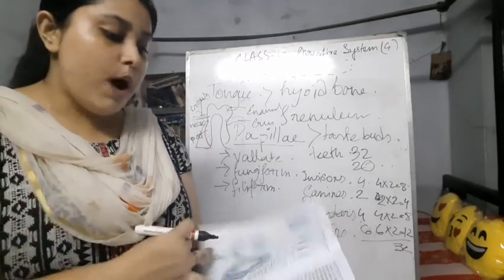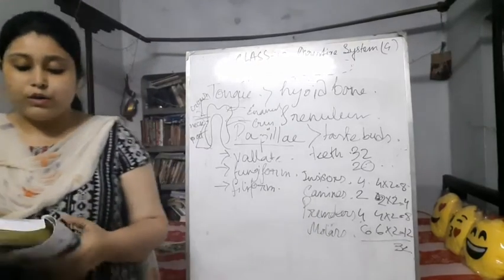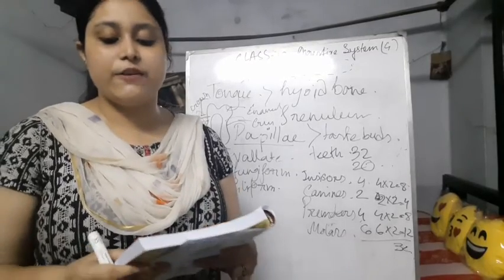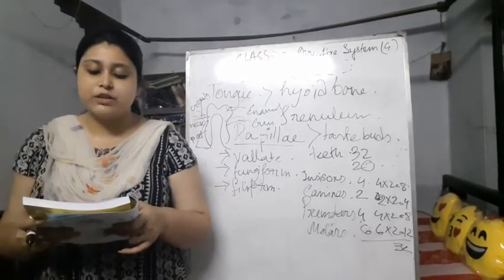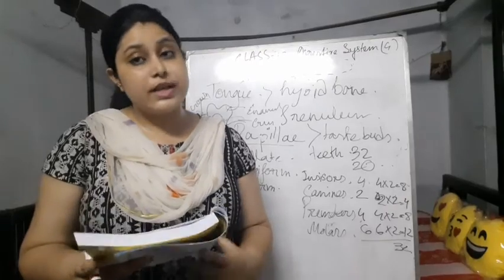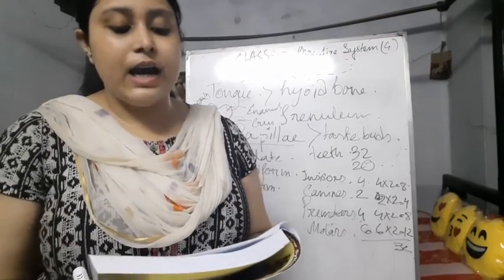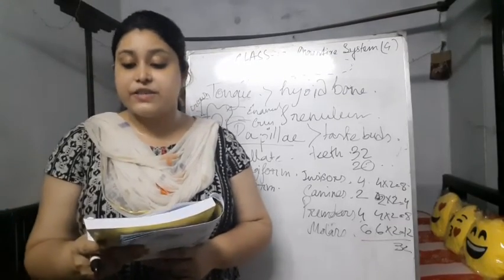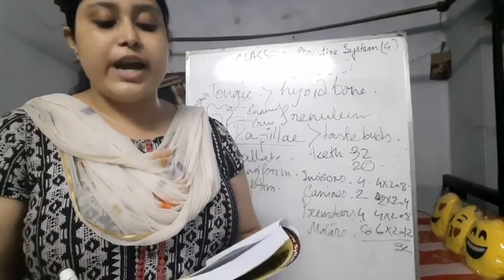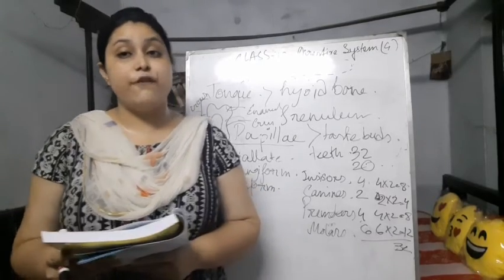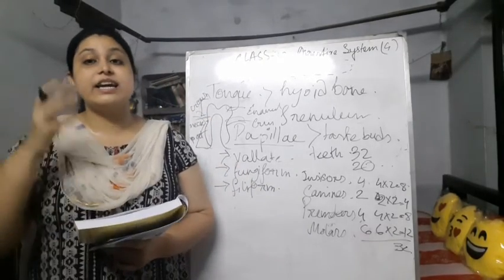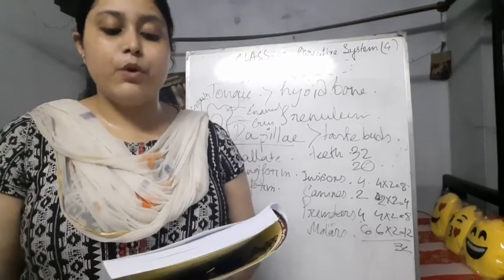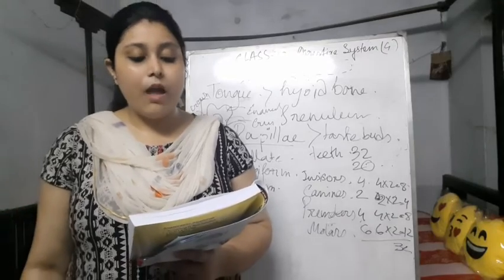So now, what are the functions of the teeth? We all know the functions of the teeth. The teeth help in masticating and chewing the food. Without teeth, big food molecules would be unable to pass through the digestive canal. Moreover, cutting the food into smaller particles by the teeth helps to increase the surface area of the food molecules, which enables better action of the enzymes. The more the surface area, the better and more rapid the digestion.